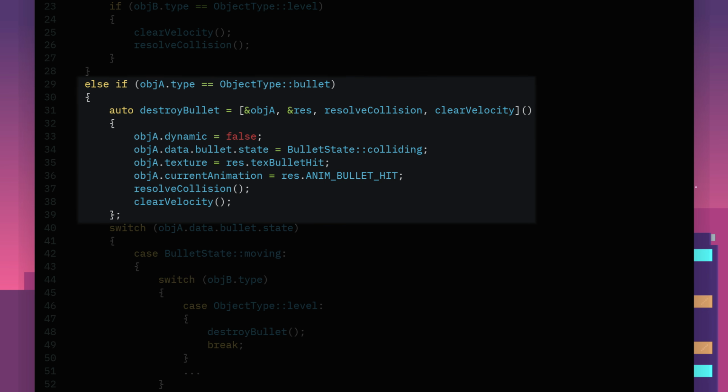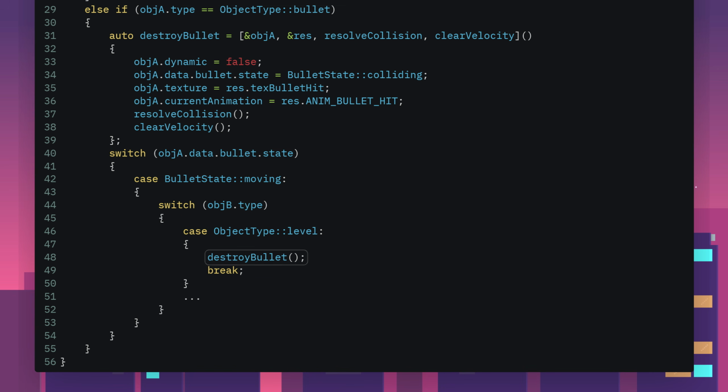If we're handling a bullet collision, we have another lambda that I use multiple times in this code. All it does is disable the bullet's physics, change its state, as well as the sprite sheet and animation to reflect that the bullet is exploding on impact. Then the bullet's collision is resolved and its velocity is cleared as per usual. You can see how this lambda is called right here when we detect that a moving bullet has collided with